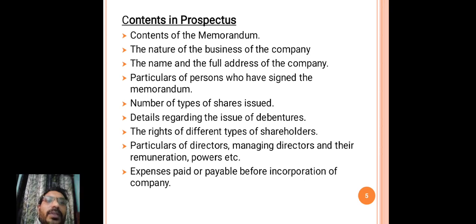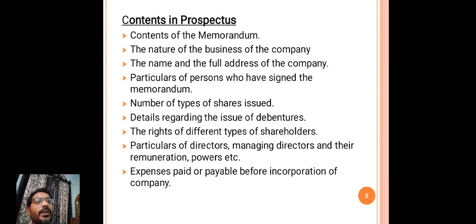The amount which the directors or the promoters have already paid before incorporation of a company. The persons who establish a joint stock company are called promoters or the directors of the company. So before this incorporation process, they have some expenses. That expenses or the amount payable before incorporation of the company is mentioned